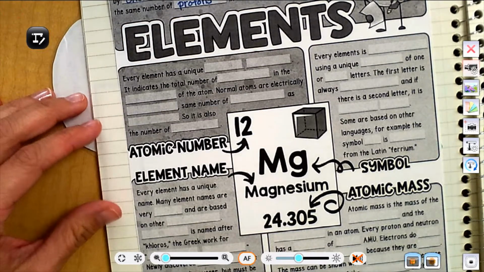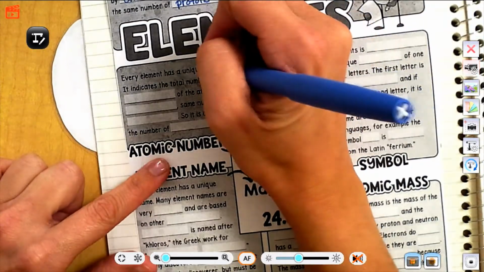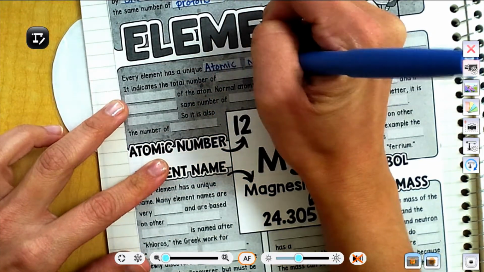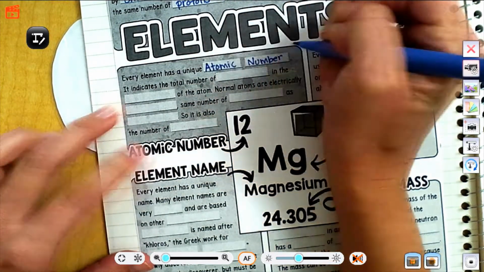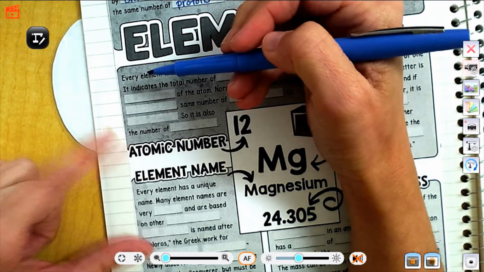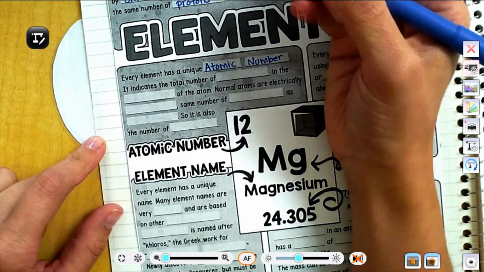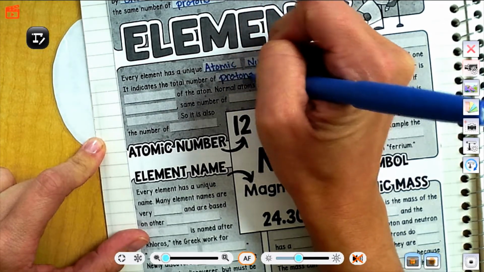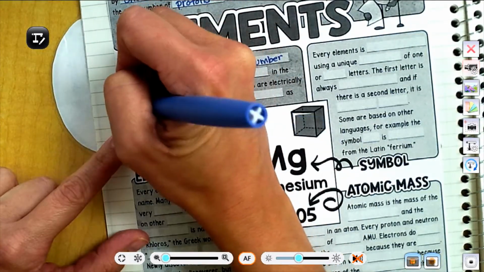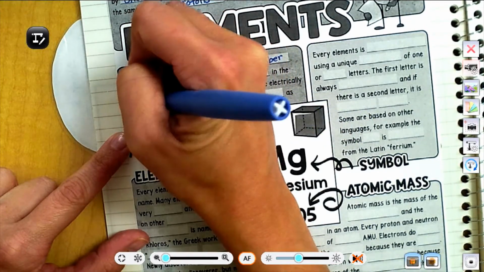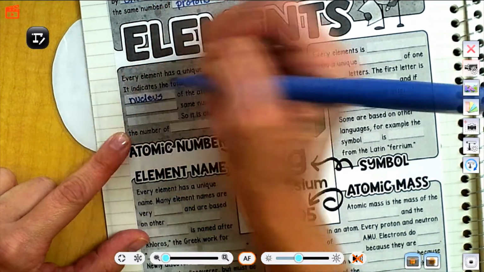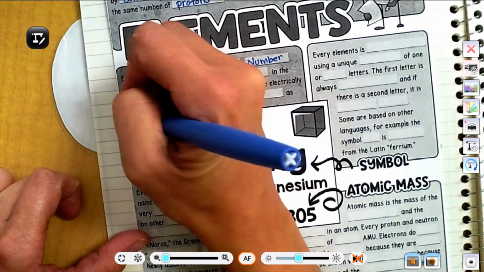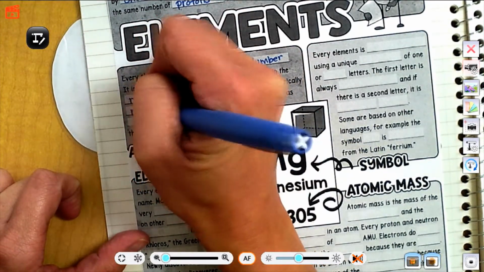Okay, every element has a unique atomic number. What a shock. It indicates, that means that it lets you know the total number of protons in the nucleus. Remember, that's where the protons live, in that middle part of the atom, nucleus of the atom. Normal atoms are electrically neutral. That means they have no charge. They're not going to zap me,